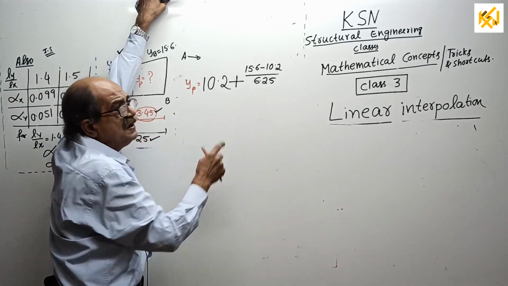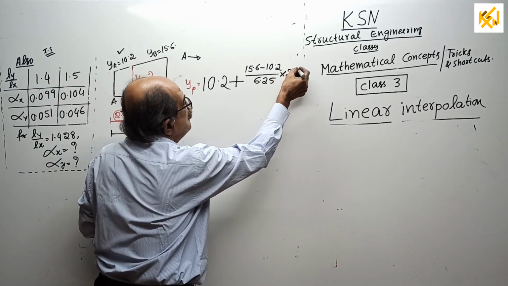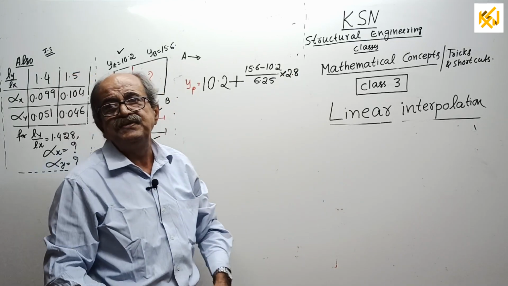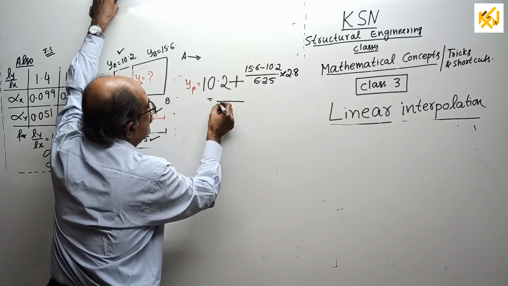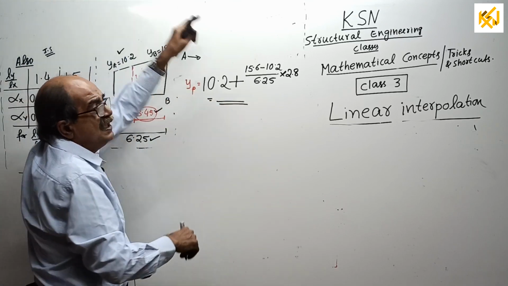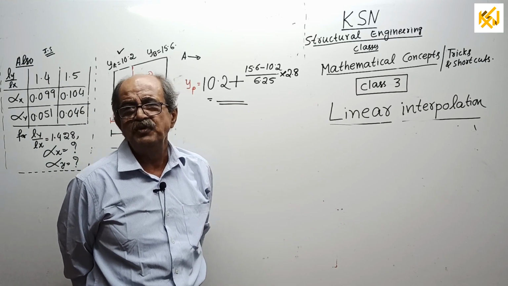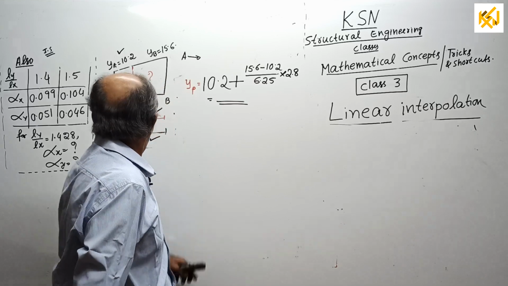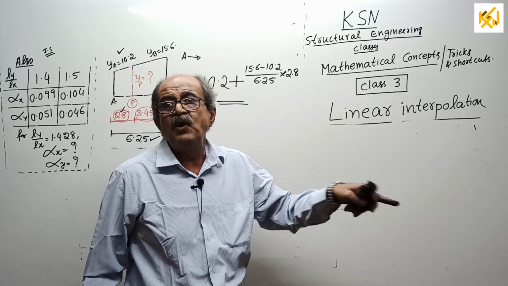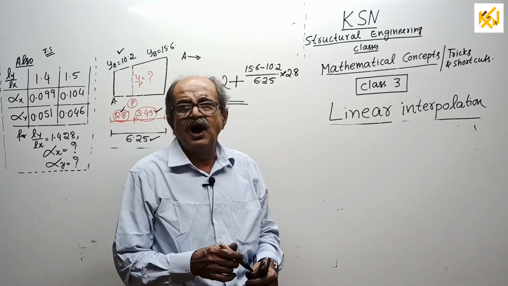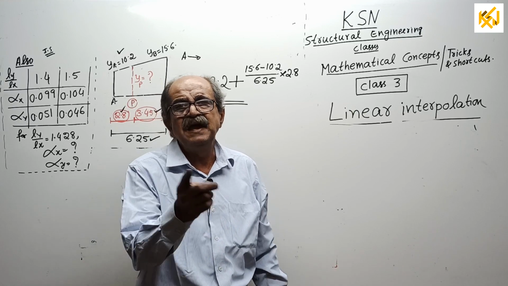So this is the increase for 1 unit length. Multiply by 2.8. Because why? If one chocolate is 2 rupees, 3 chocolates are 6 rupees. That way. Over. That's all. Get the answer. What answer I got earlier, the same will come. You only calculate. I am not writing the answer. Why should I waste my energy? I already gave the answer earlier. In the first part, I directly wrote the answer. Compare it. By chance, if there is a calculation mistake, then correct it. Technical mistake is not there.